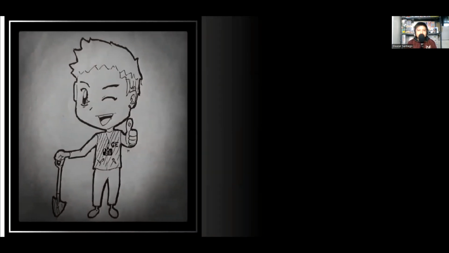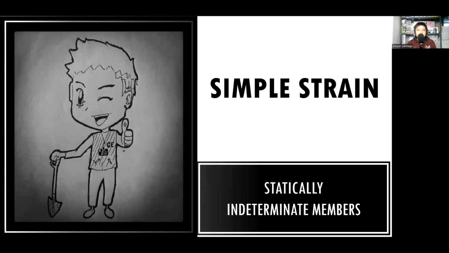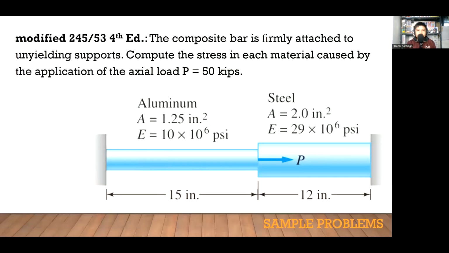Okay, good day. So let's consider additional sample problems for simple strain under statically indeterminate members. This is modified problem number 245 in page 53 of the 4th edition book. The composite bar is firmly attached to unyielding supports. Compute the stress in each material caused by the application of the axial load, that is P equal to